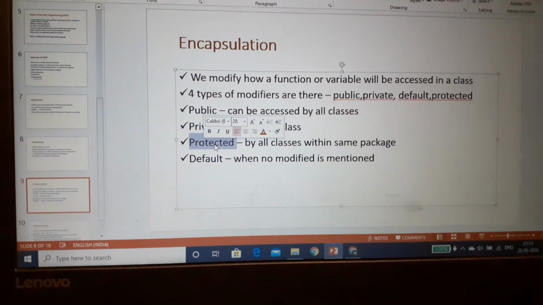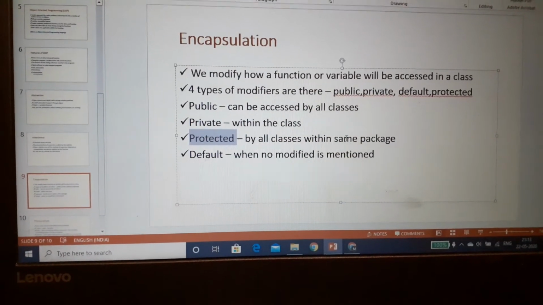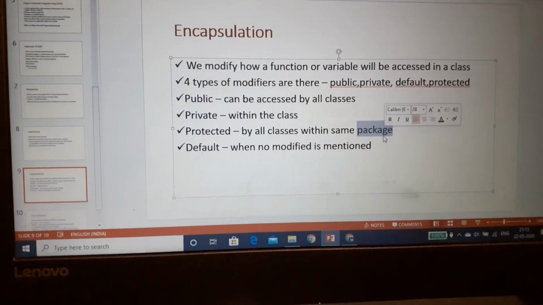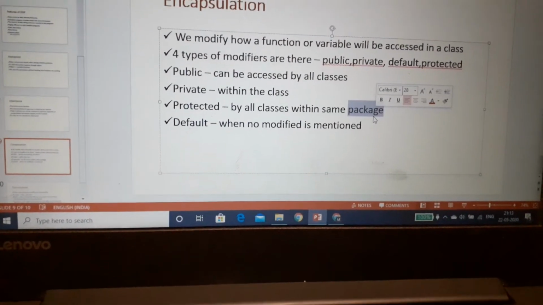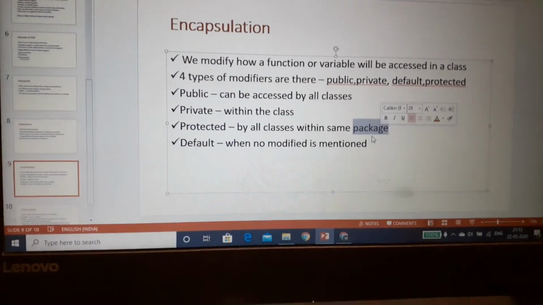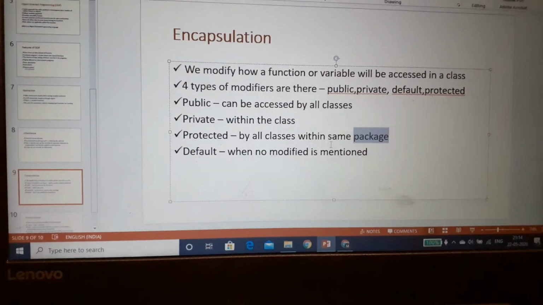Now protected means it is accessible by all classes within the same package. Package may be a new term for you. For now, just consider it a combination of classes. Some classes combine as a package.